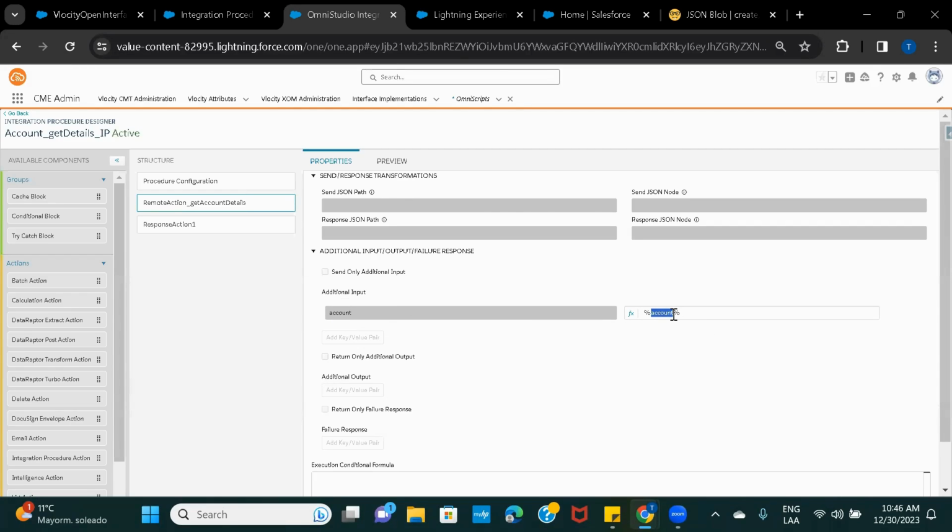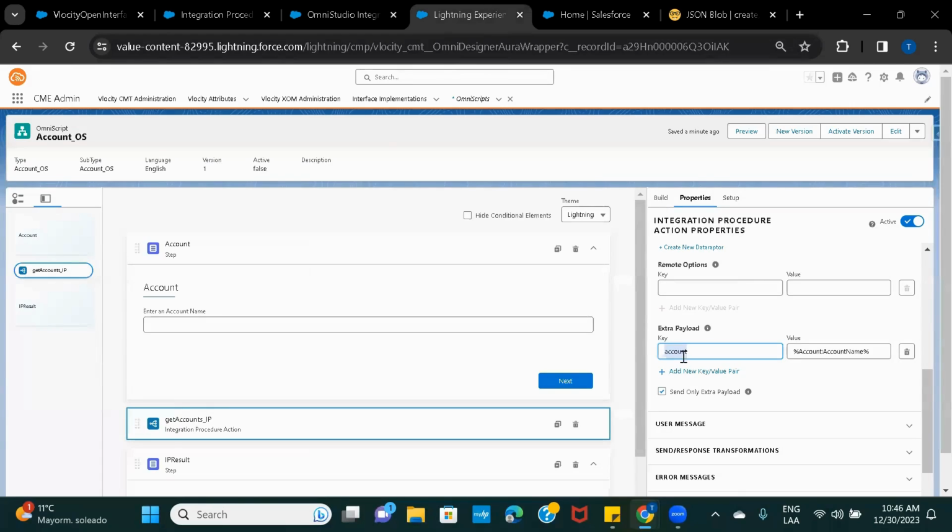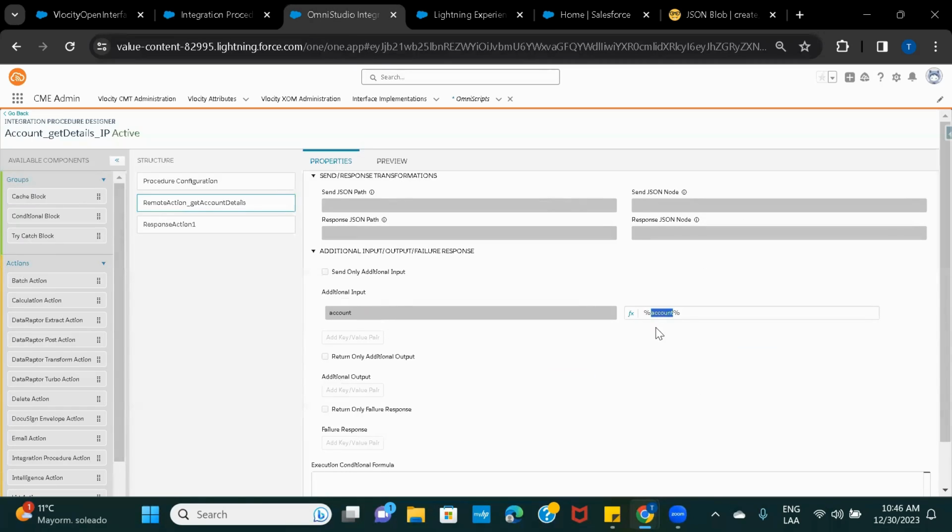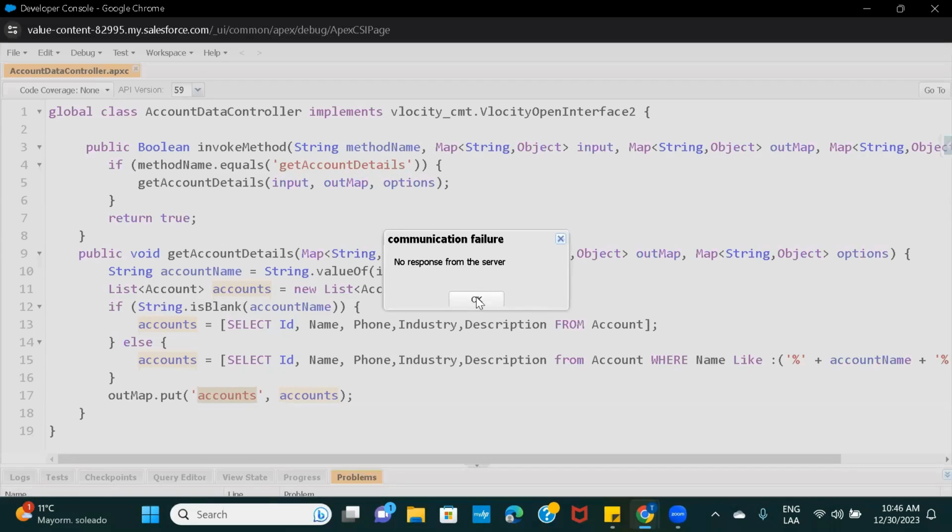And we are using merge syntax here. So here in OmniScript, this is the name, right? Whatever key you have given here, you have to use the merge syntax and use that key so that it can take the value and assign it to this one. And then when you are calling your Apex class, in your Apex class, you are going to use this as the parameter, right? So if I go back to the Apex class,